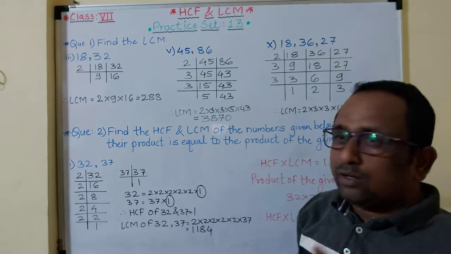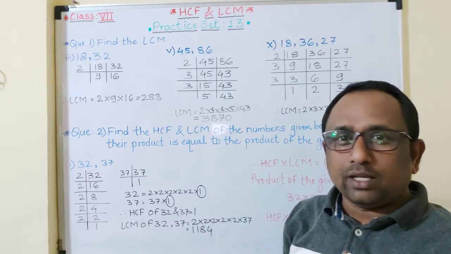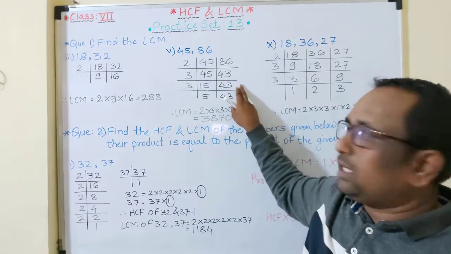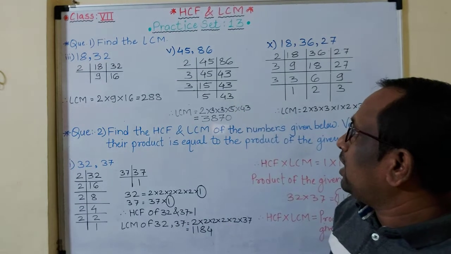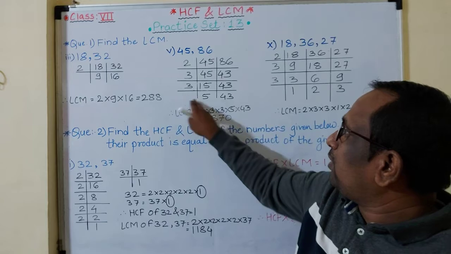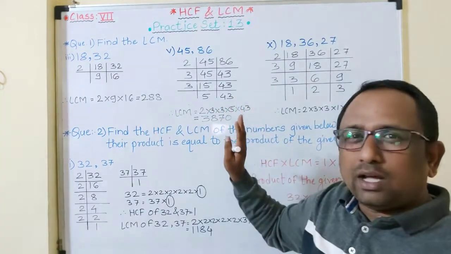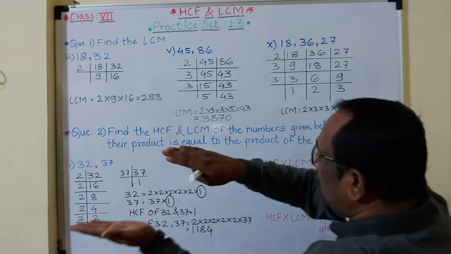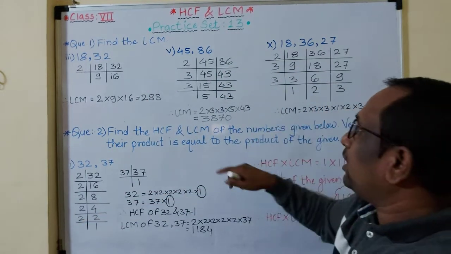So 15 we know is divisible by 3. So 3 5s are 15. 43 is not divisible, then as it is we have to take. Okay. Now students, here also you can add 5 1s are 5. Okay. But let's stop. Now column numbers and last row number we have to take.